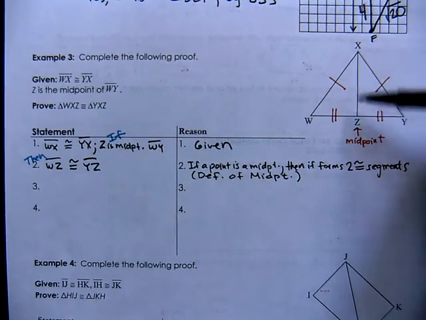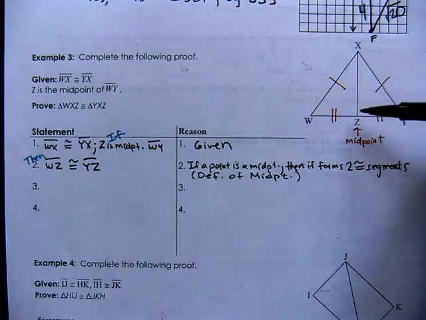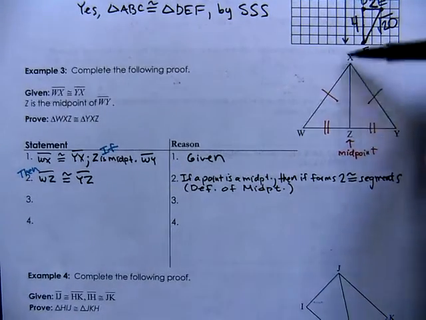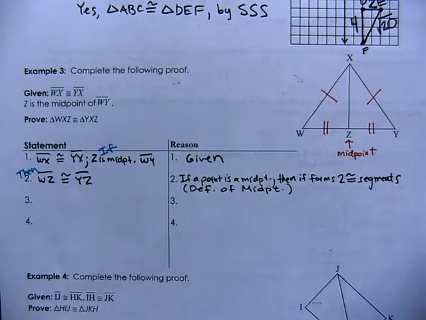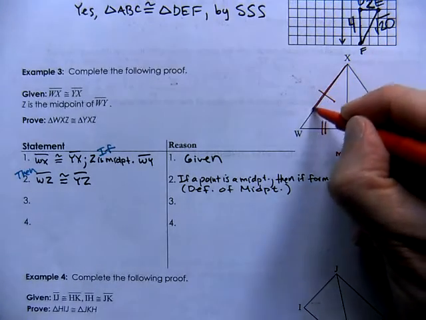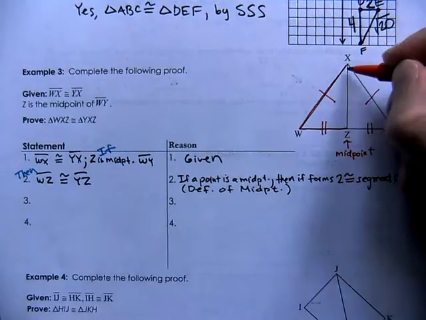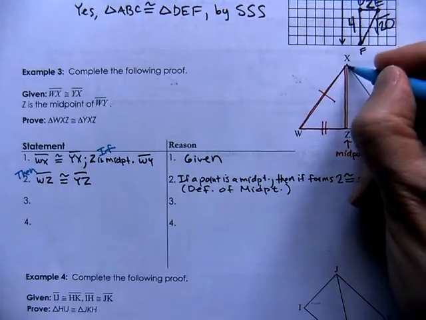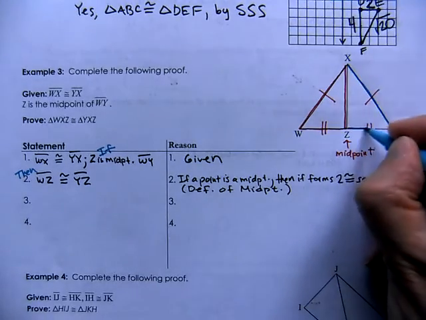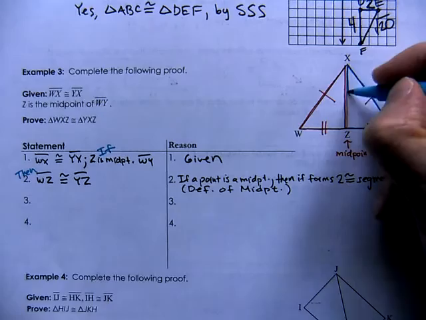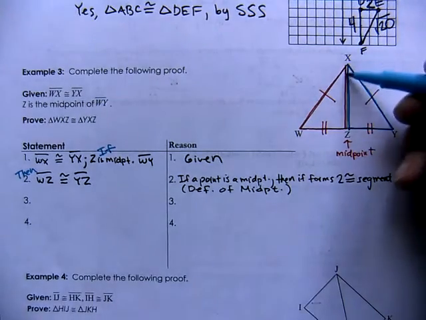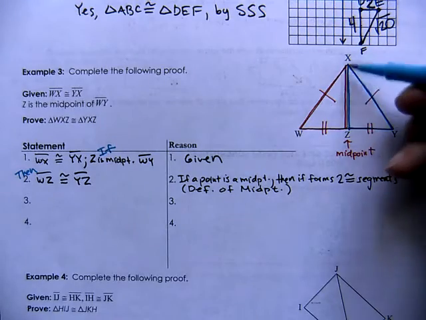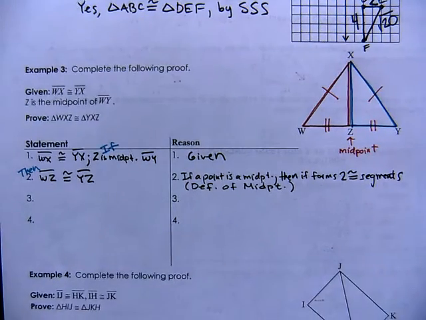What about the third pair? What about this side from X to Z? So again, recall that if you have 2 triangles that are overlapping each other right here, then what you really have going on, I'm going to outline these triangles in 2 different colors. Here you have the left triangle, here you have the right triangle, and they happen to overlap each other here at XZ, then that means the left-hand triangle, whose side is from X to Z, and the right-hand triangle, whose side is also from X to Z, must be